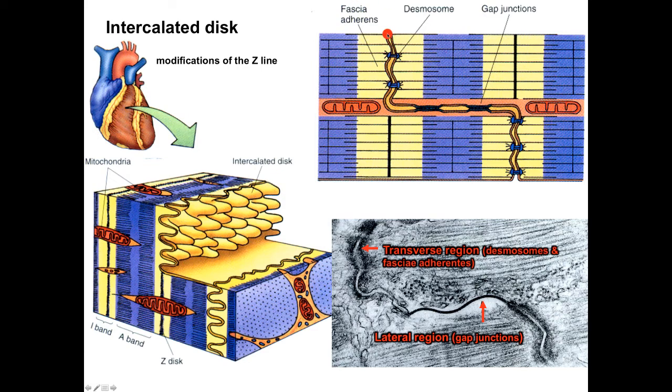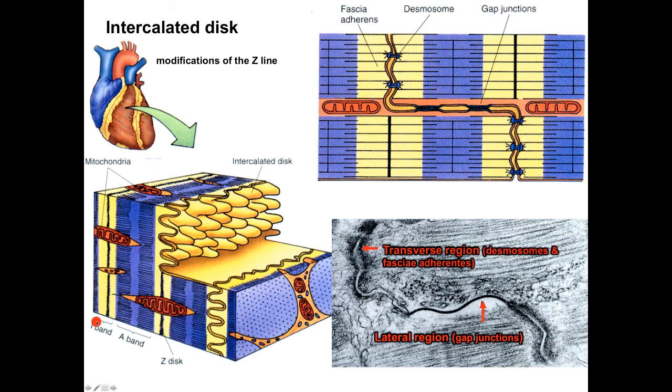So on the cartoon on the top, this would be the region of the intercalated disk that helps to hold the cells together. So here and here. And on the lateral region where the gap junctions are, this is how the cells are electrically coupled with each other. And notice in this cartoon, the intercalated disks are in the areas where the cardiac myocytes are branched. So as the branches come together and the cells stack together, that's where you have the intercalated disks,